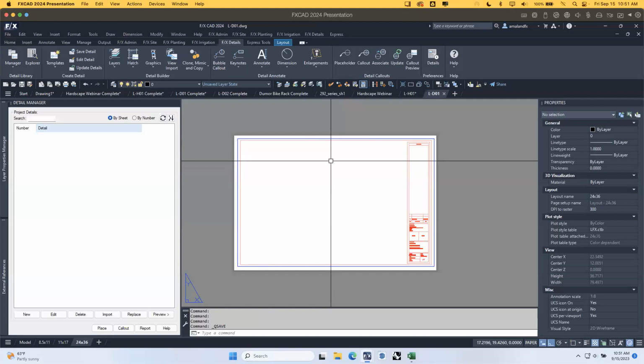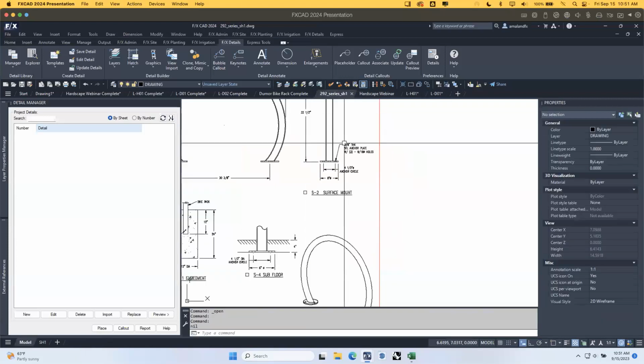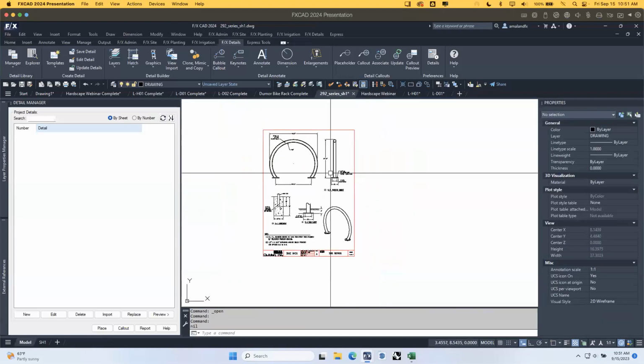Just start doing it on a project by project basis and slowly building up your library, and then organizing a bit more later once you have more and more standard details that you can use. So I'm going to recreate this guy right here. So I pulled out that